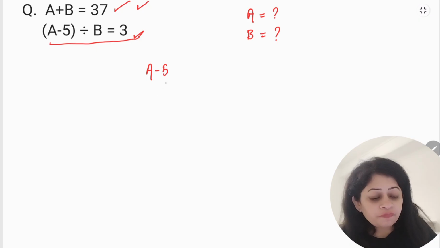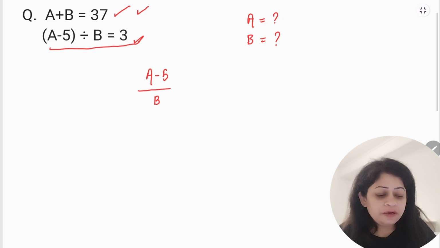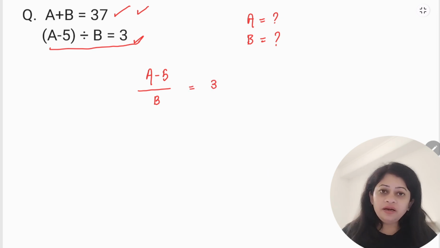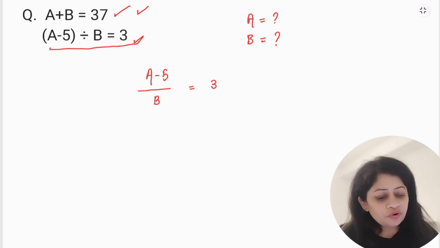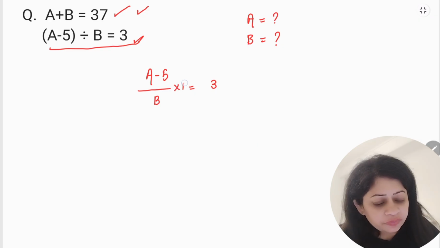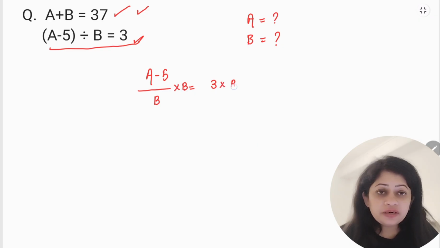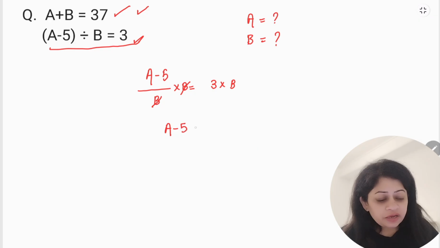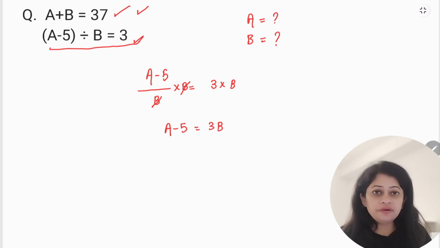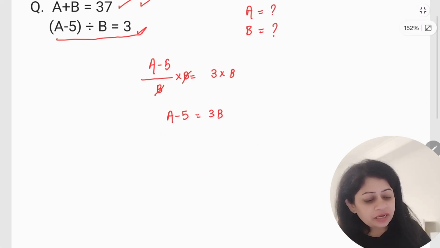(a minus 5), instead of writing divided by b like that, I will write it here like that, is equal to 3, right? Now I need to solve it. I will find out the value of a in terms of b. So what can I do for that? I will multiply with b on both sides, right? If I multiply, this b will cancel out on the left side and we are left with a minus 5 is equal to 3b. And this says that a is equal to 3b plus 5,